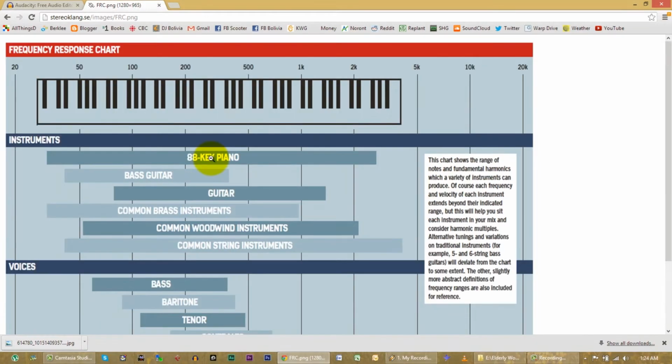Anyway, you look down here and you can see the range of a guitar. The very lowest note, say the low E string, is down around maybe 80 hertz. The highest notes on a guitar, when you're very close to the body of the guitar on the highest string, are up around 1400 hertz.